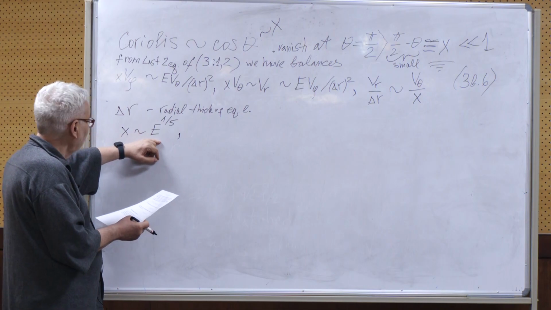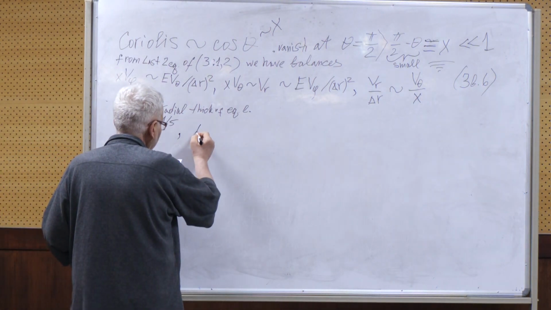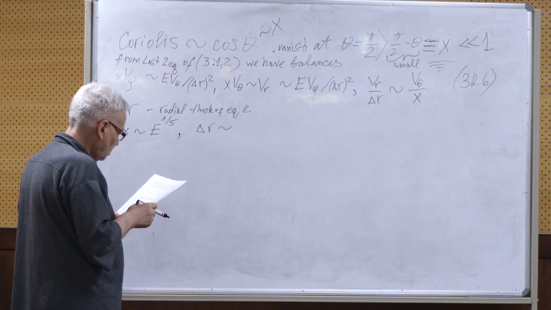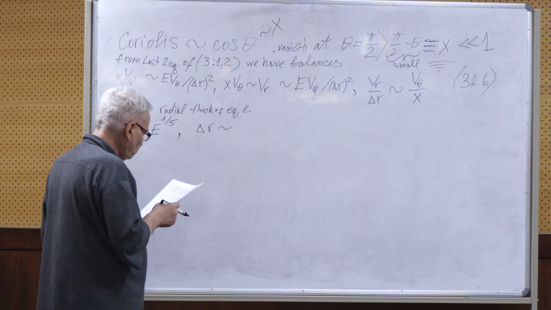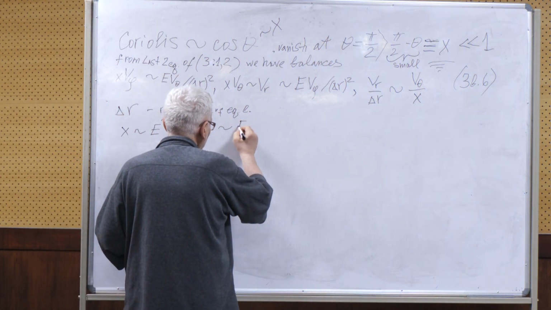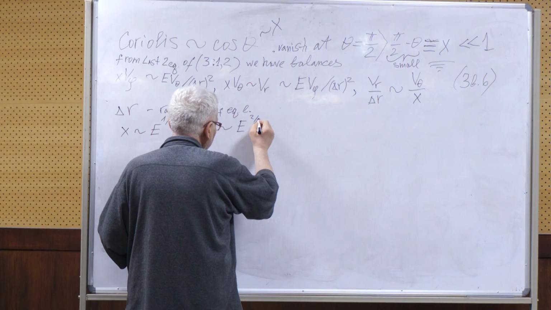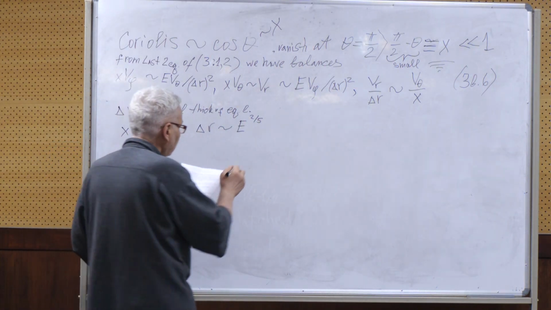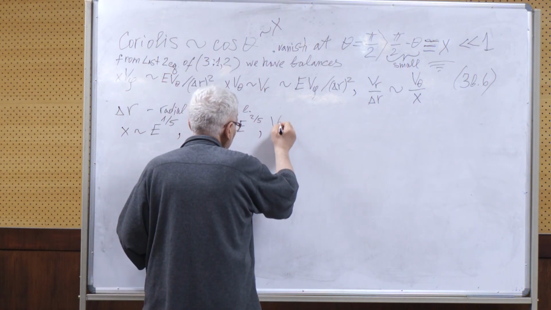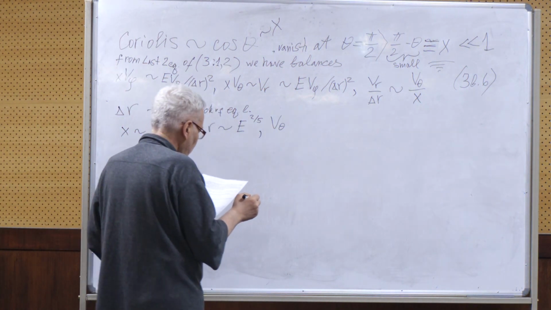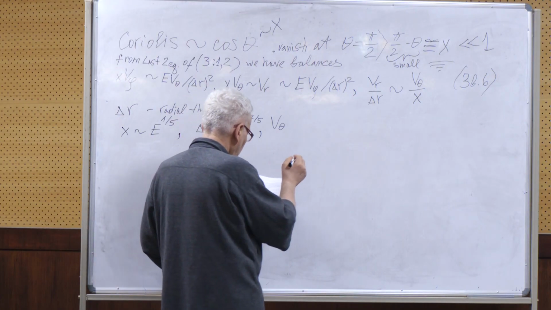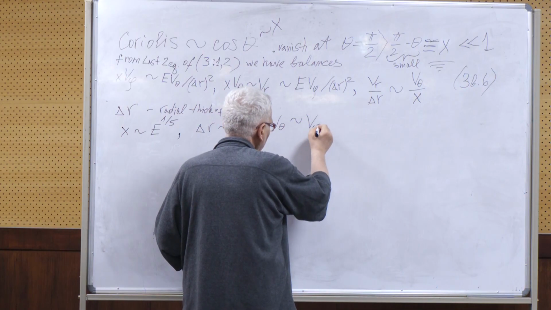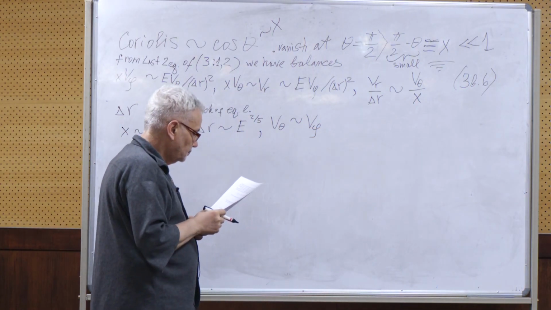And the width of this layer is of order e to the 2/5, and then the latitudinal velocity, in this case when the Coriolis force is small, is of order azimuthal velocity, and then